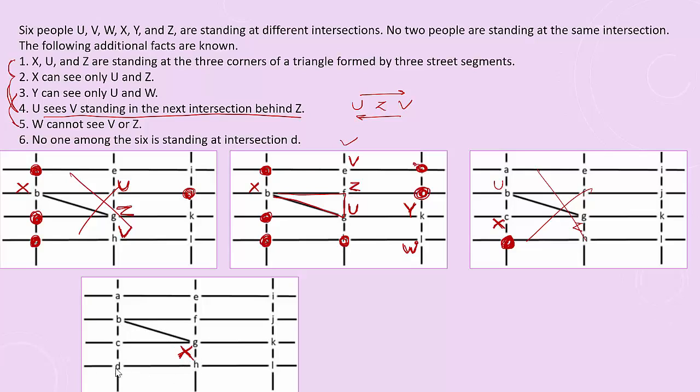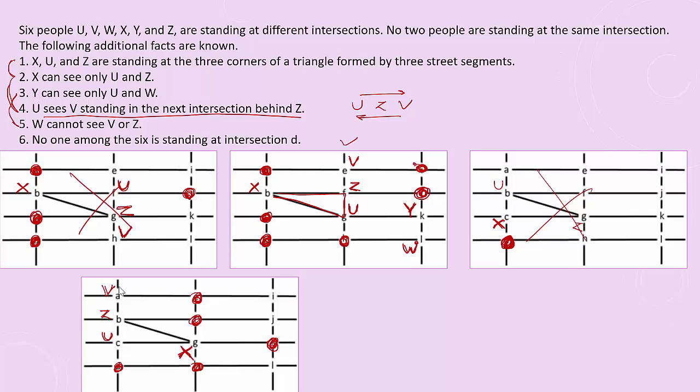So that represents nobody is at this point, nobody will be here, nobody will be at this point, and nobody will be at this point, right? So now U, Z and V, the only possibility is U will be here, Z will be here, V will be here,